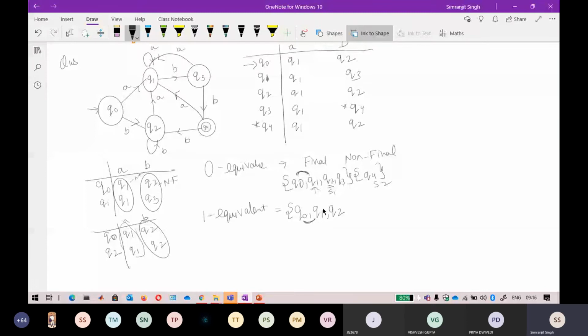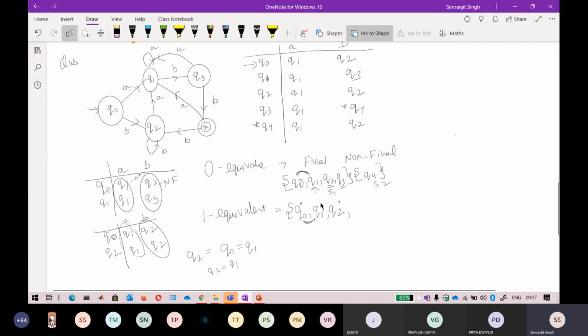You do not need to check with Q1 here. Again, you can check it, but Q0 and Q1 are already equal, and I have checked that Q2 is equivalent to Q0. So if Q2 is equal to Q0 and Q0 is equal to Q1, by the transitive property I can say Q2 is equal to Q1. If you check with any one of these, it will be equivalent, by the transitive property. In the same way, now I have to check for Q3. So again, I will go with this Q3.